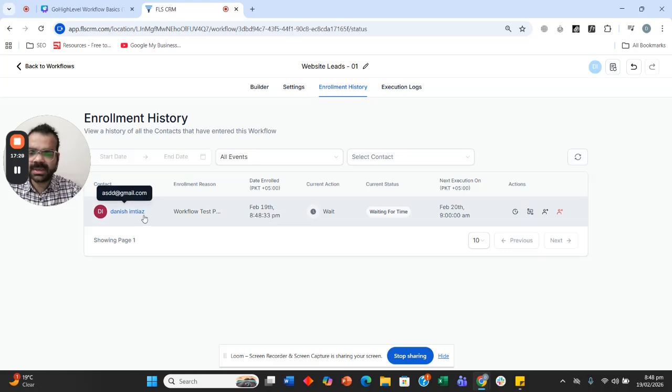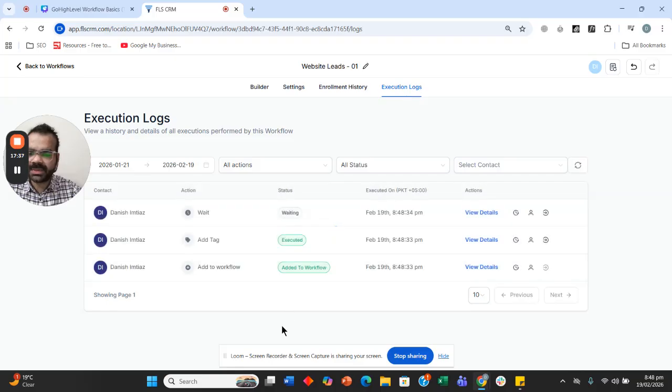So you can see it is stuck on the current wait step, right? On the execution logs, you can see that it added to the workflow, added a tag, and it is currently stuck at the wait time. So if there are if-else statements, and you are not getting the results that you wanted, then